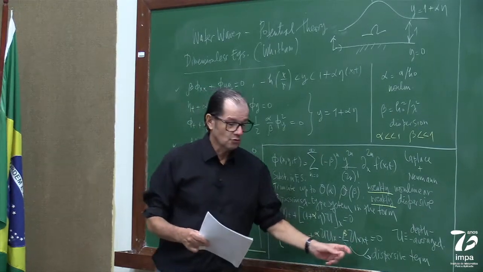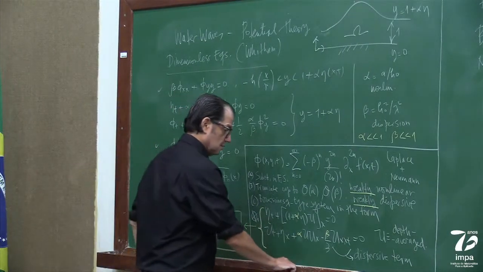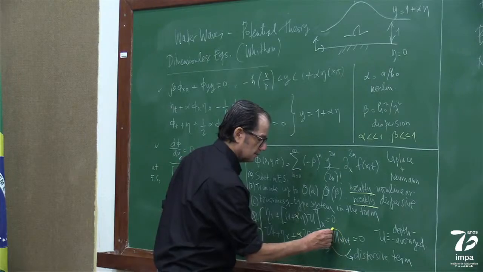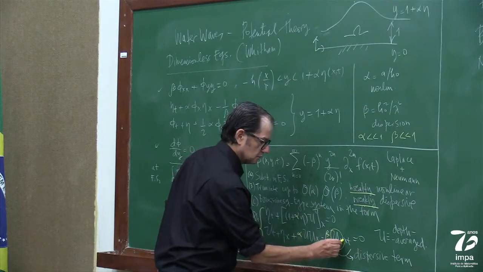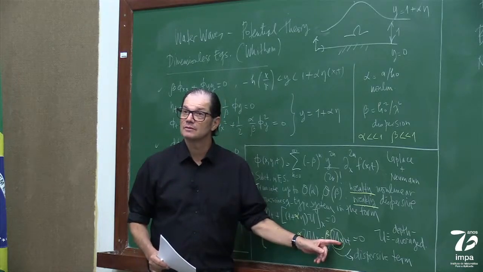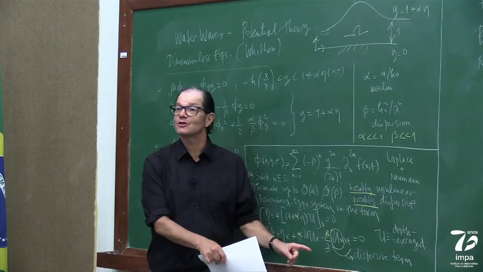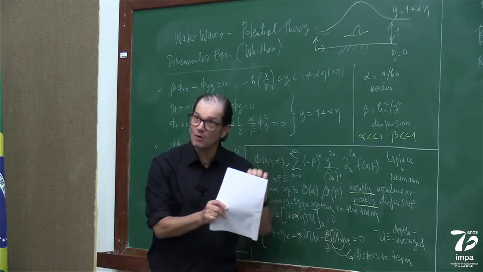So I can exchange this: this is a u x derivative. I can exchange this for a time derivative because it's going to make it look like the Boussinesq equation, which I'm about to show you,